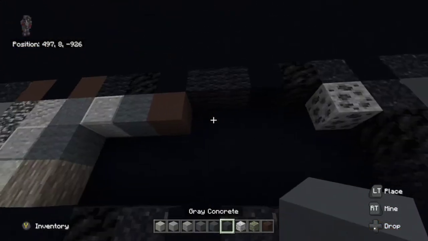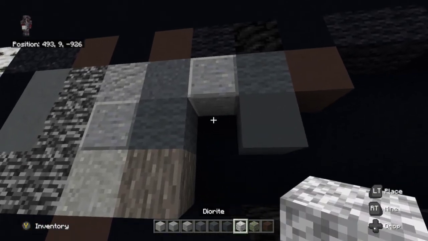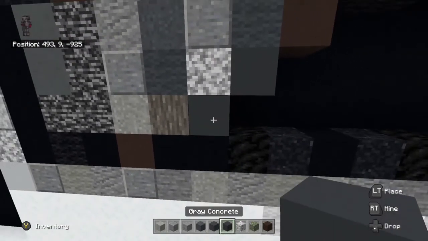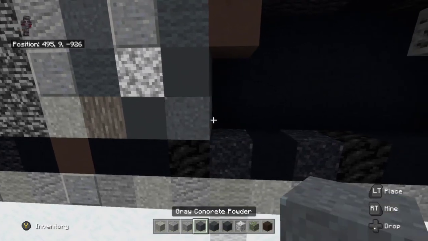Place gray concrete underneath the gray wool. And then we're going to place to the left, or underneath the polished andesite, diorite, and then we're going to place underneath the diorite gray concrete, and then to the right, or on top of the coal block, we're going to place those gray concrete powder, and then to right of the